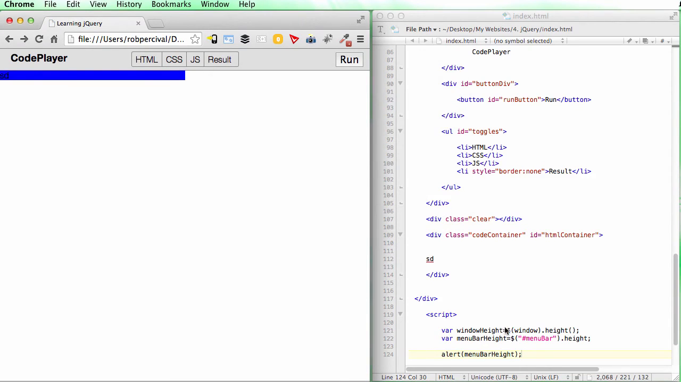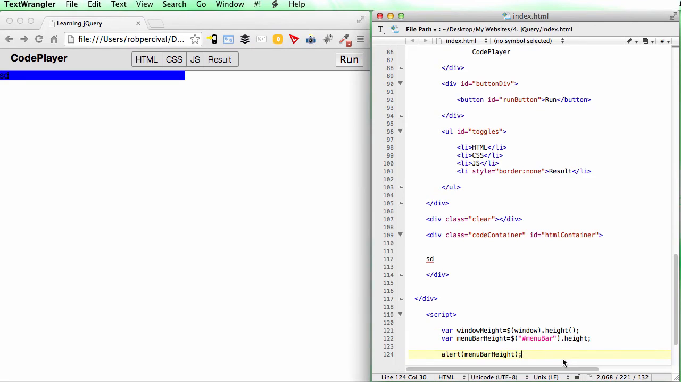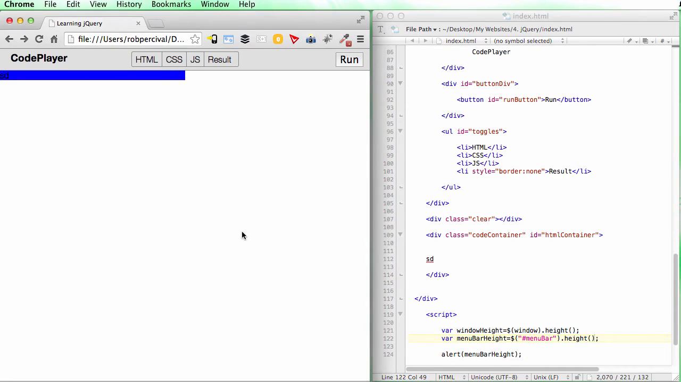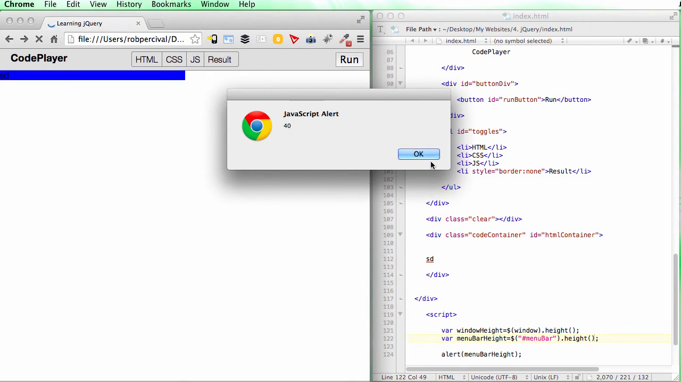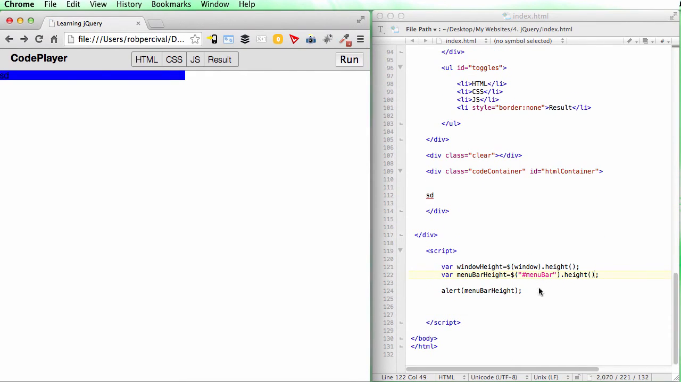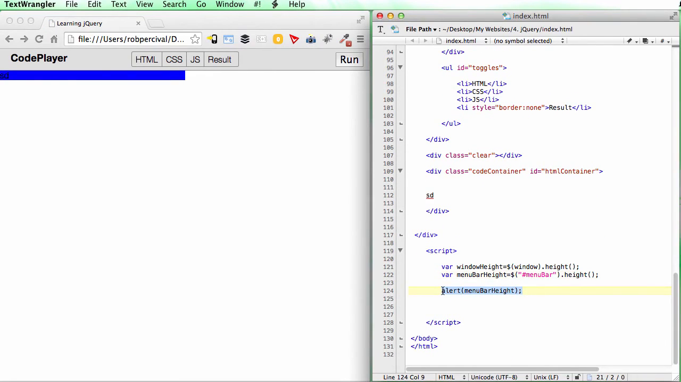Yikes. Sorry, that's because I've forgotten my brackets. Great, 40 pixels. Makes a lot more sense. Okay, so now we just want to set the height of the code container class